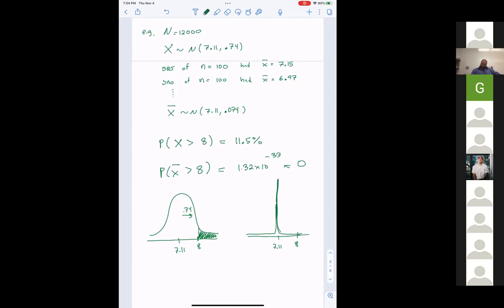Oh, okay. Right? The likelihood of being past 8 when the sample size increases to 100 is so small because my curve is squeezed in by the law of large numbers. And therefore, the likelihood of the average being more than 8 is negligible. Because think about it. 10% of people are past 8, correct? 11.5% of people individually are past 8, right? For me to take 100 people and have their average be past 8 would mean that more than 50 of them are past 8.